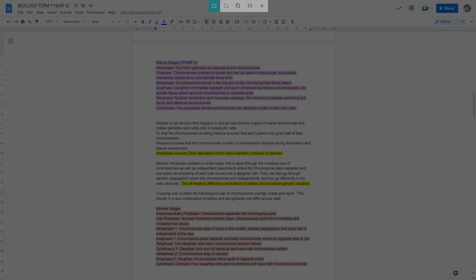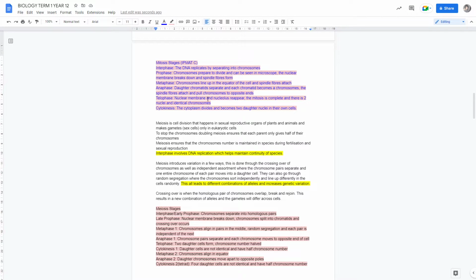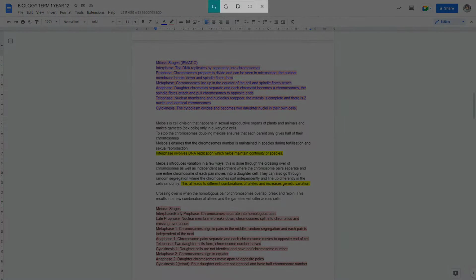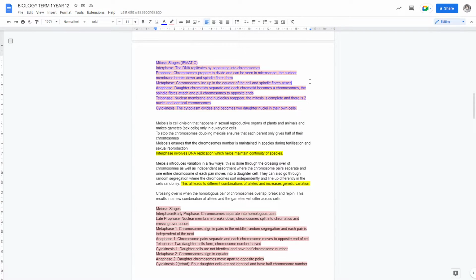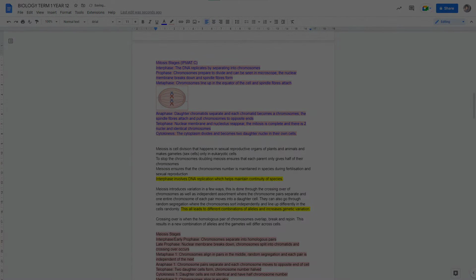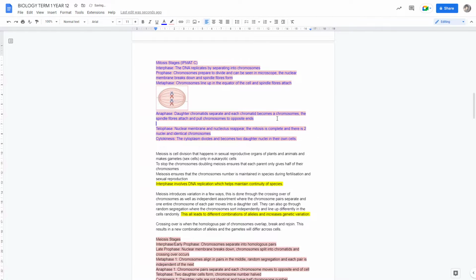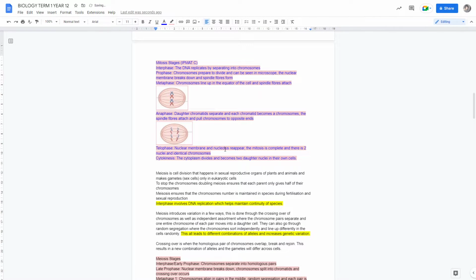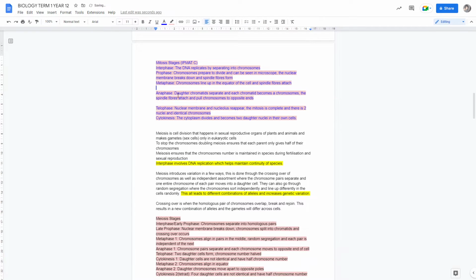In anaphase, think of anaphase as away. They're pulled in opposite directions. So in metaphase, we can see that they are like so, and in anaphase, we'll see them getting pulled in opposite directions because they've separated from chromosomes into chromatids, and now that they've been pulled in opposite directions, that's what they will look like. The spindle fibers are still attached.